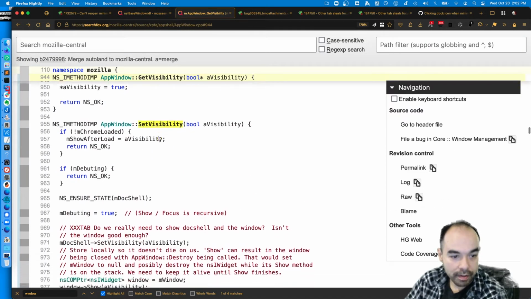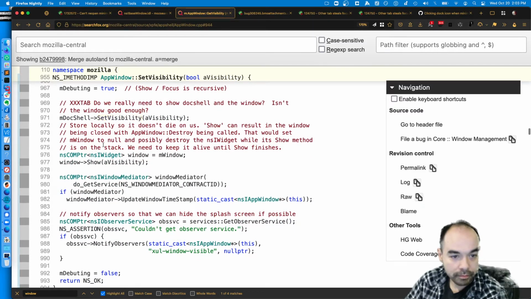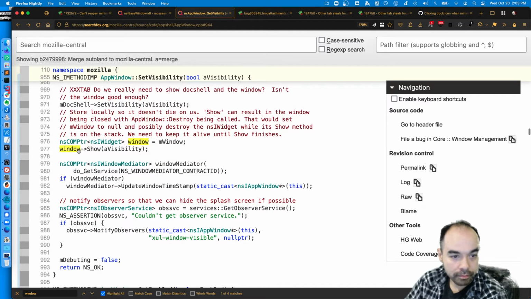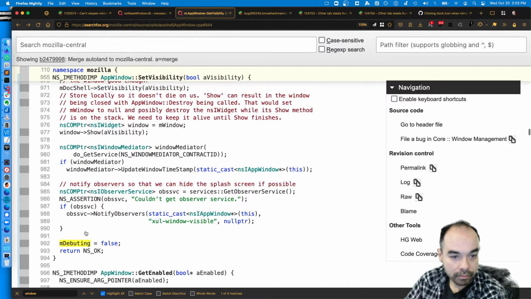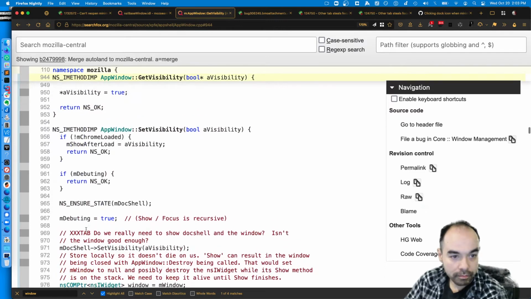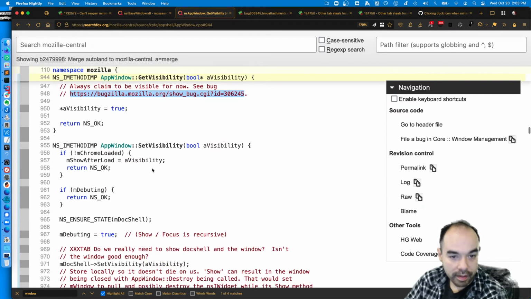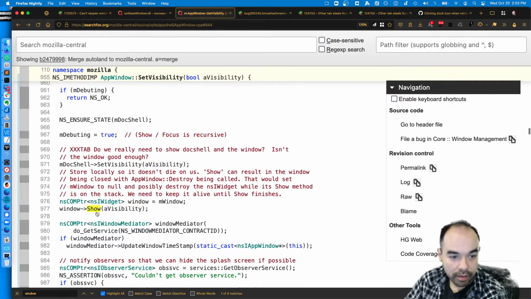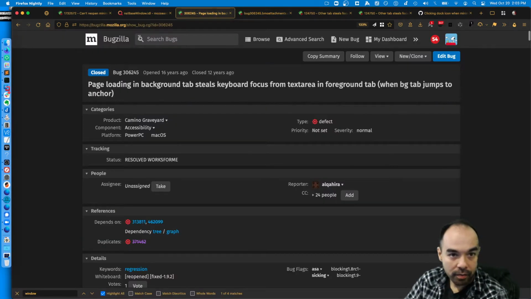Set visibility. What you almost want is to read the window's visibility state. If we can do that, whoops,